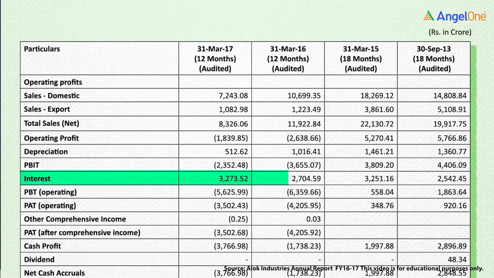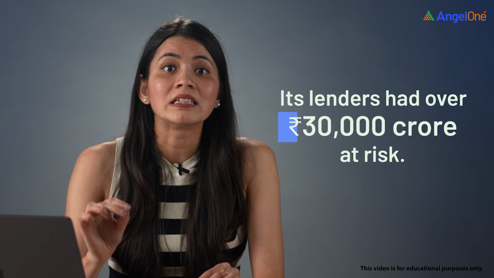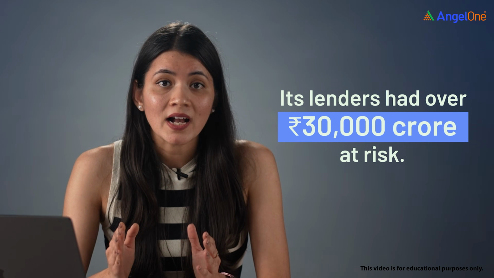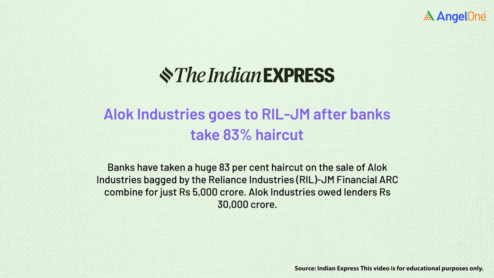Think about it. You can't keep paying 3,000 crores in interest every year when you're making losses. By 2017, Alok Industries was drowning. Its lenders had over 30,000 crore at risk. The company defaulted and the RBI placed it among India's 12 large stressed accounts sent to the Insolvency and Bankruptcy Court, that's IBC. In 2019, Reliance Industries and JM Financial ARC acquired it, with lenders taking over 80% haircut, recovering